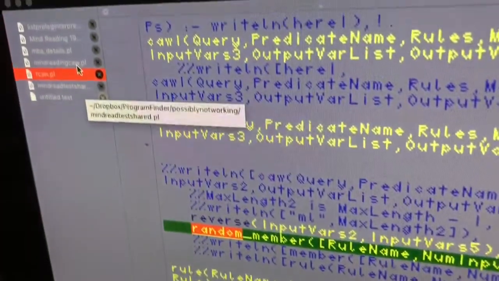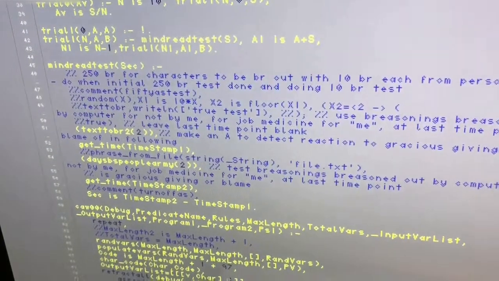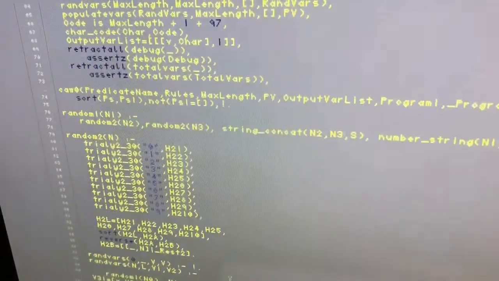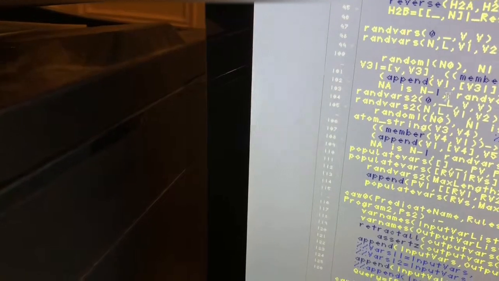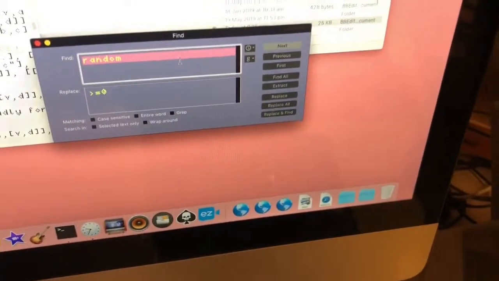I wrote down mind reading core, which is like our core, but it uses mind reading instead. Here I wrote a random. Where's random one? So I'm not so sure. I wrote a predicate called random one, which uses the mind reading technology, which basically just is based on a rough estimate of what I'm thinking,